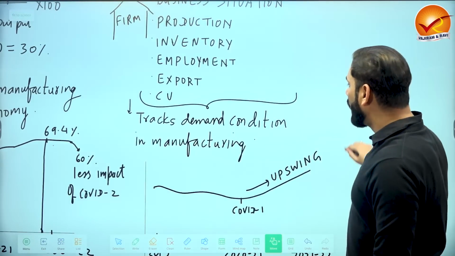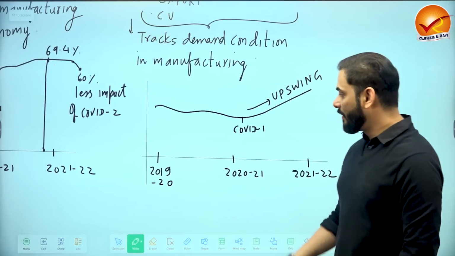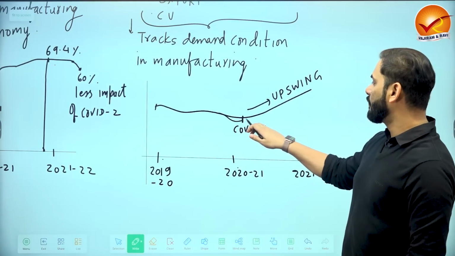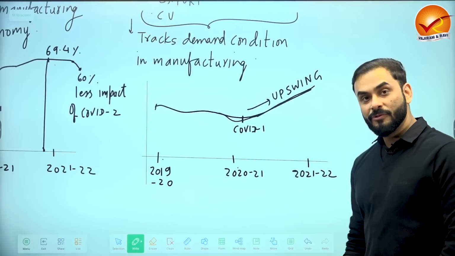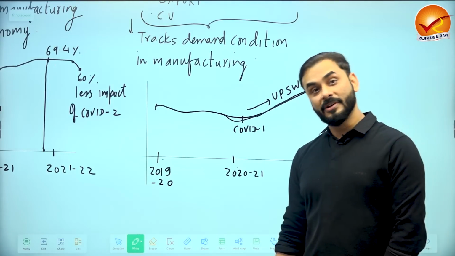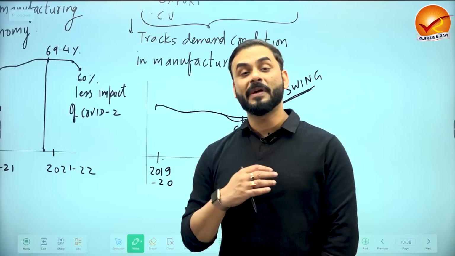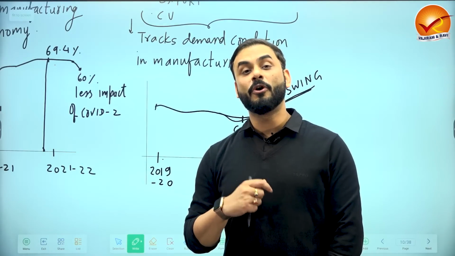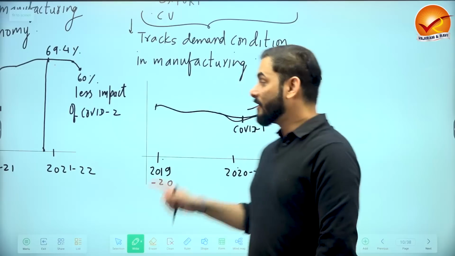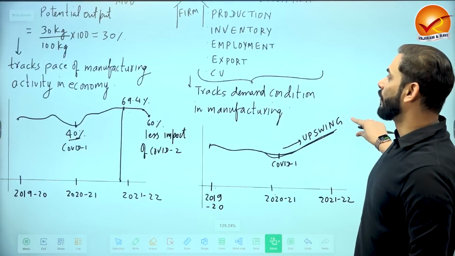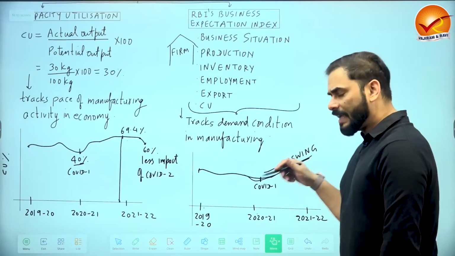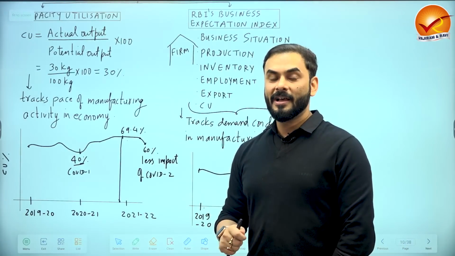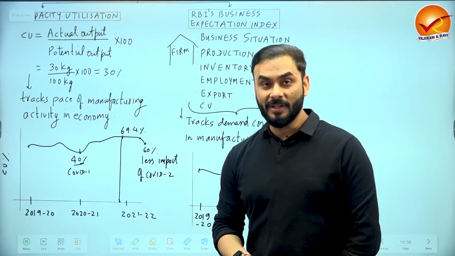All right. So how has the Business Expectation Index of RBI been performing? See, in 2019, this was the Business Expectation Index. In 2020, due to COVID, it came down, and then it started to pick up, which means after 2021, the first wave of COVID, our businesses have expected that demand will return and the economy will do well, and there is a general sense of optimism in the business sector. That is what RBI's business expectation index is showing. And by the way, even before this economic survey, this news was published in the newspaper a couple of months back, where RBI talked about the business expectation index.